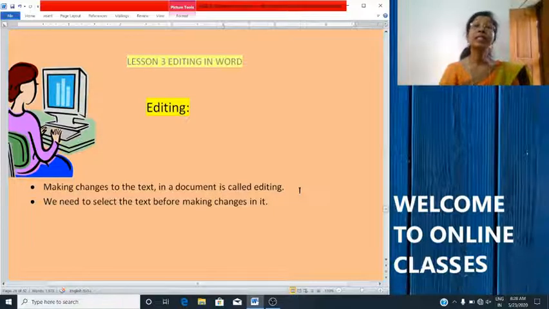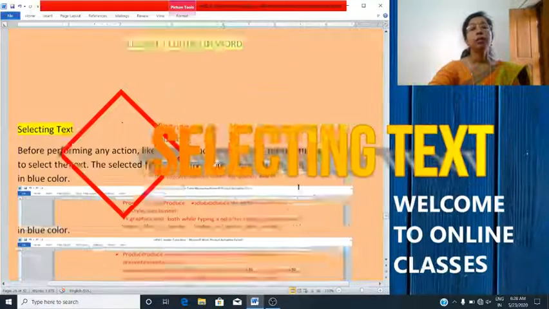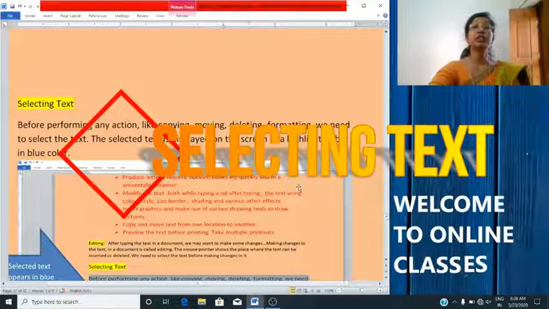Now, let's learn about some of the editing tasks that are frequently performed while using a Word file. Selecting text.